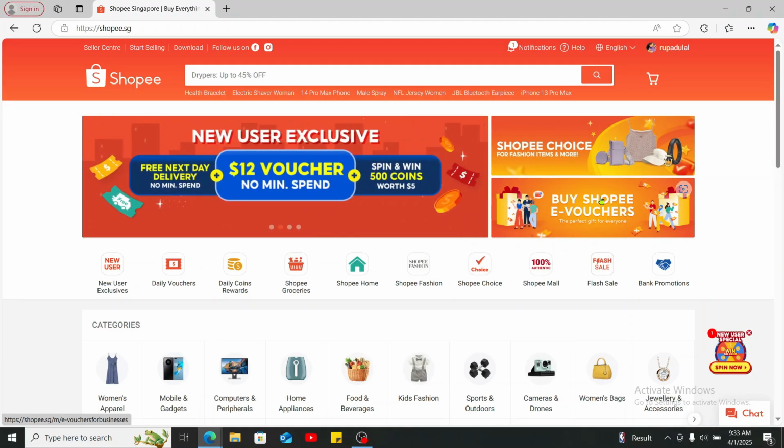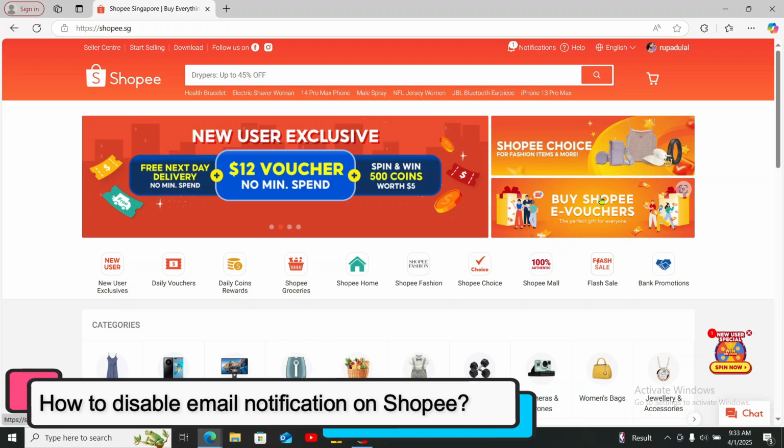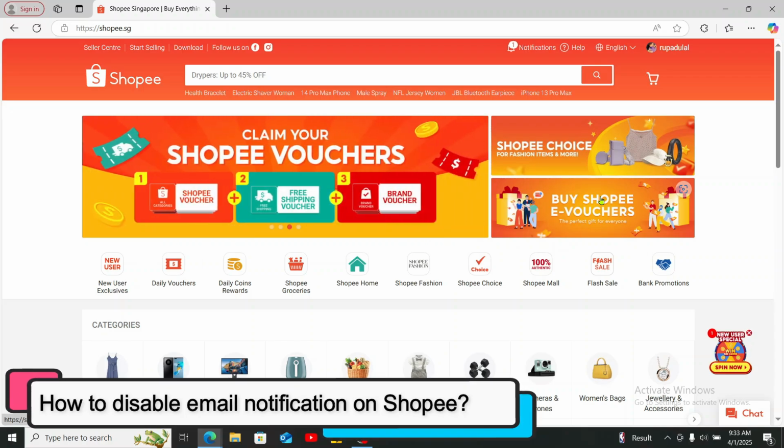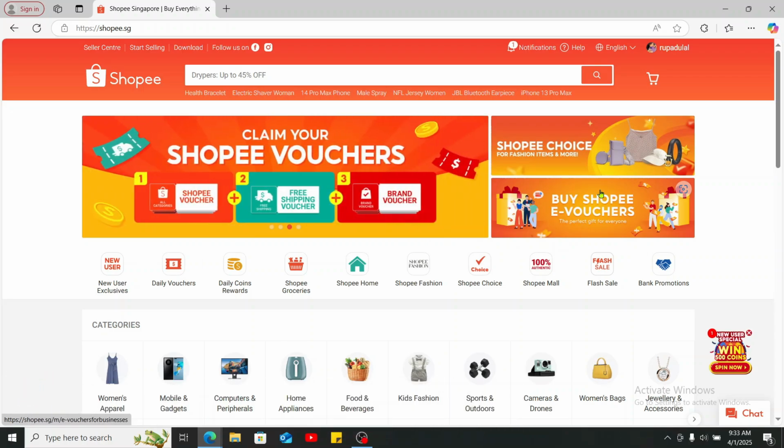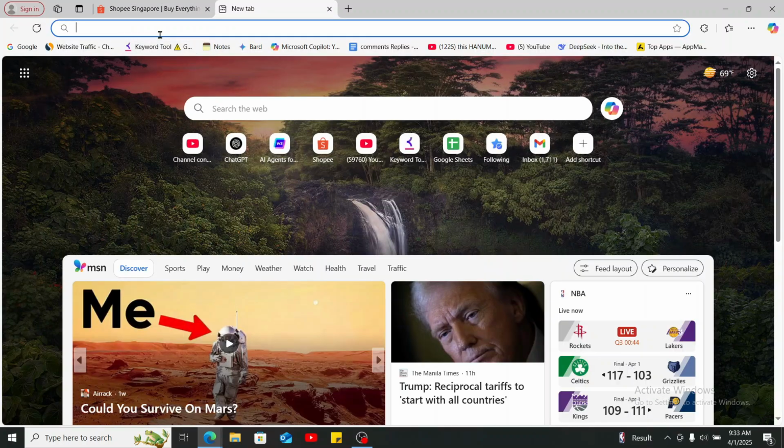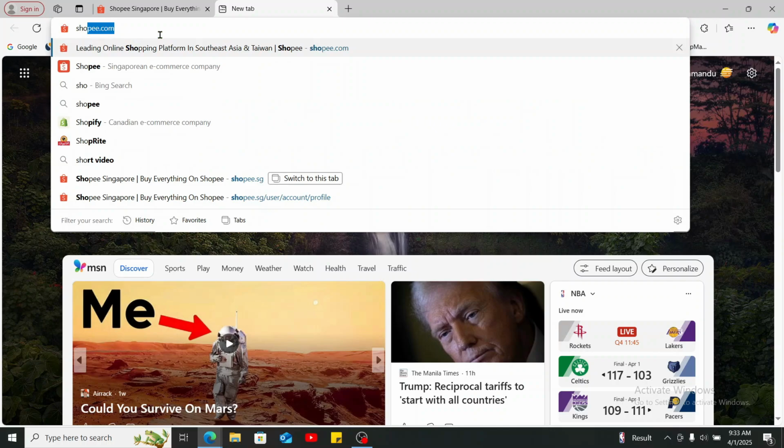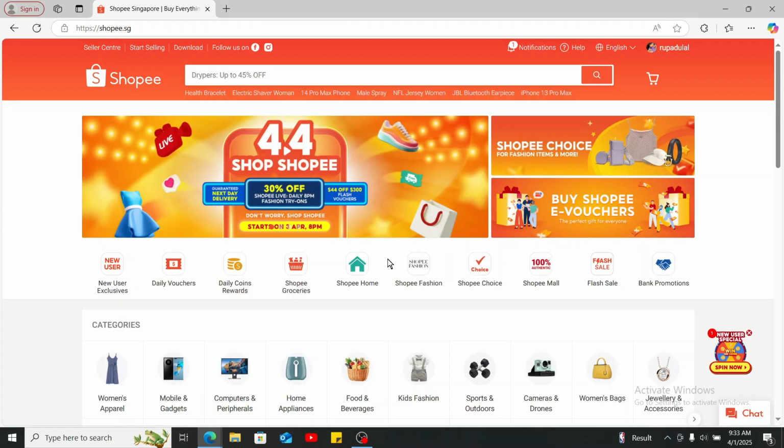Today, I'm going to be guiding you through how to disable email notification on Shopee. To disable email notification on Shopee, first of all, open up a web browser and then type in shopee.com in the URL box. Make sure to log into your Shopee account by entering your login credentials, and once you're in